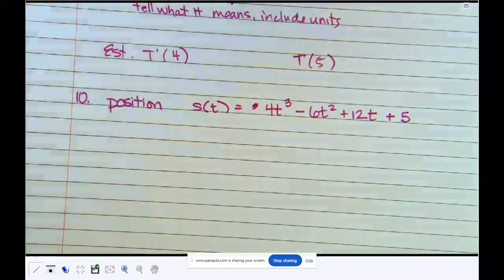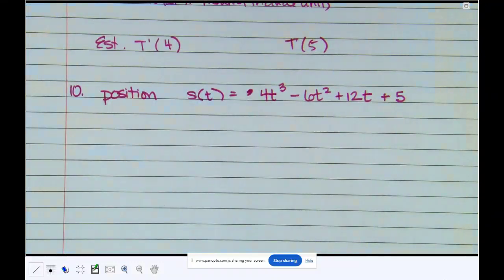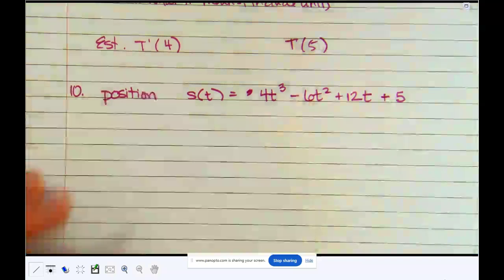Okay, so already done. The next thing that we have is motion. We're analyzing motion if we're given position. So the first thing I would like to know is if this is